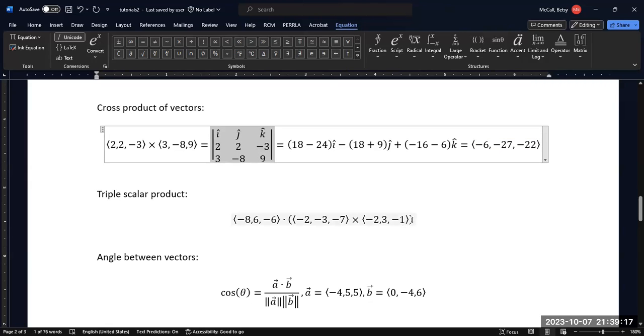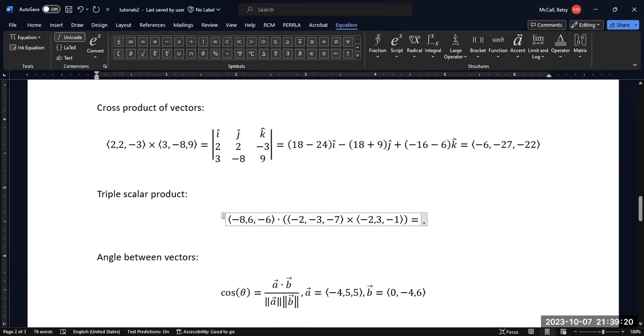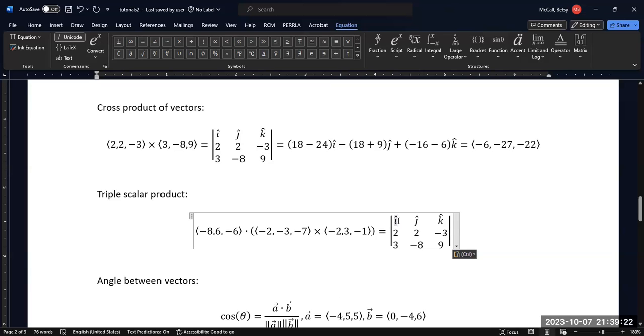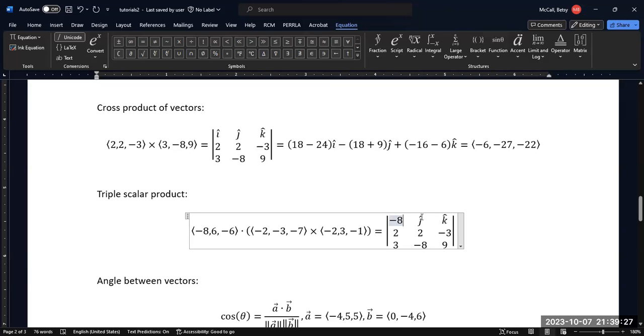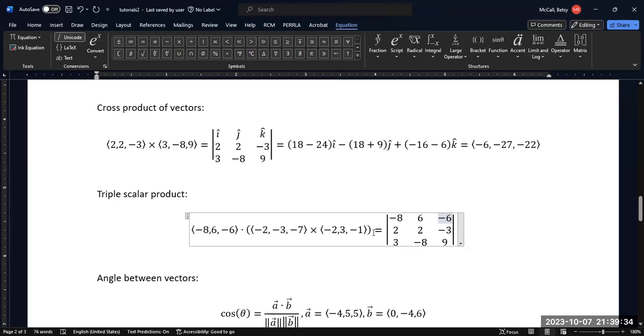I'm going to copy this so I don't have to redo the structure. And the top row is going to become our -8 and our 6 and the -6. And then the second one can go in here and -3 and -7. And then the bottom one goes down here. Now, I will just note that